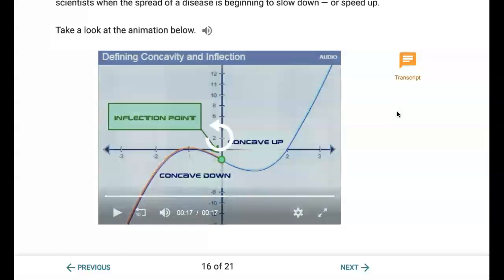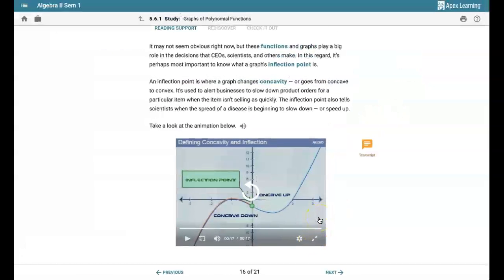Right? And again, this is another way that I remember this: concave up like a cup, right? It's shaped up like a cup. Concave down is down like a frown. All right, so this inflection point is the point where it stops having this concave down form and goes to